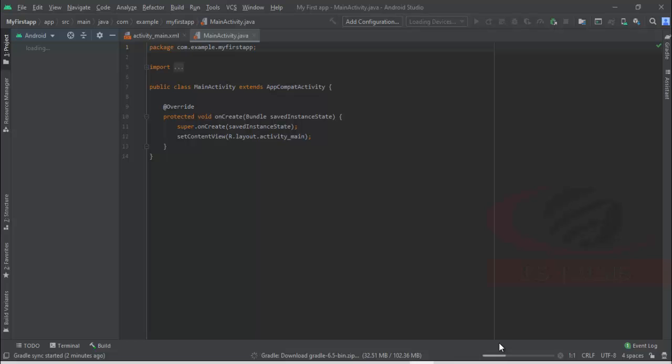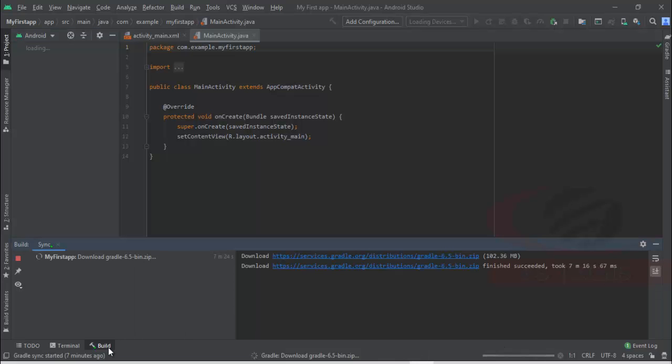Here you can watch in the build, you can see the progress of your Gradle building. Now your Gradle has successfully downloaded and is indexing now. Soon you will get your project ready to edit and